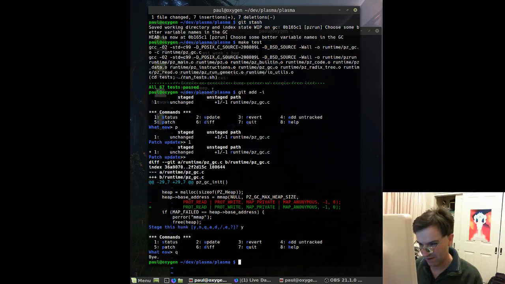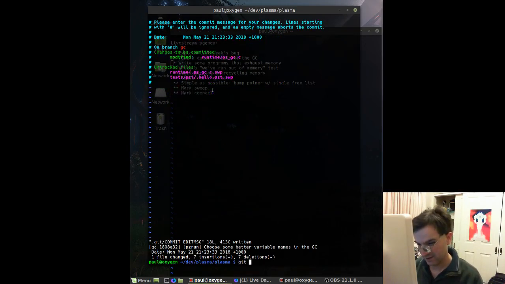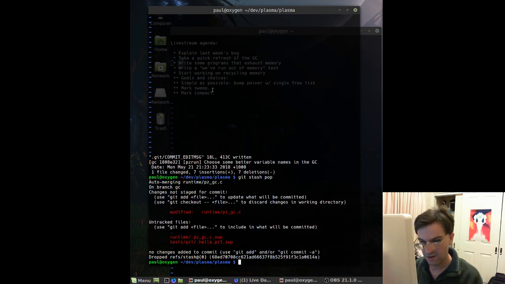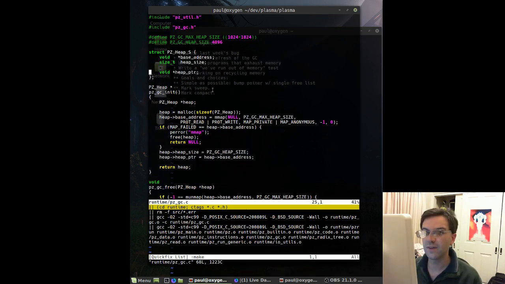Git commit amend. Yeah, git stash pop. All right. And that'll do for now. Yeah, so now